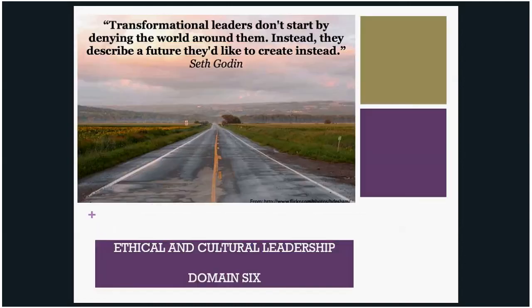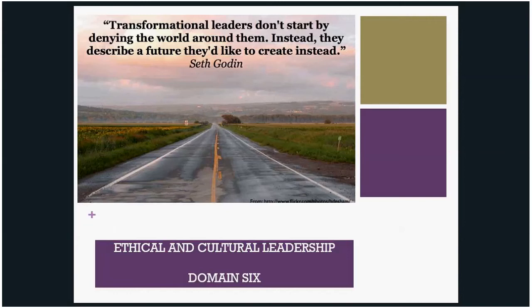Okay. Domain 6, which is ethical and cultural leadership. According to Davis and Donald, cultural proficiency is a system requiring the integration and transformation of knowledge about individuals and groups of people into specific standards, policies, practices, values, and attitudes used in appropriate cultural settings to increase the effectiveness and quality of services, producing better outcomes.